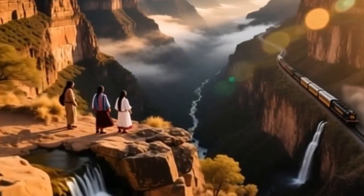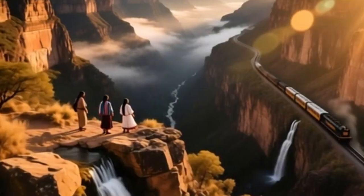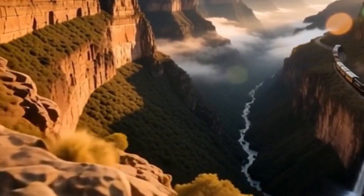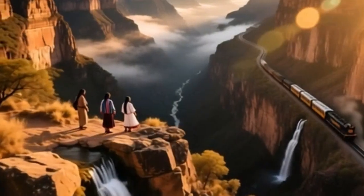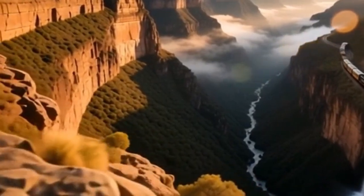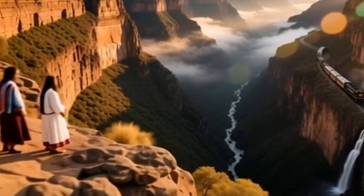This is home to the Raramuri people, known for their legendary long-distance running. For centuries, they've lived in harmony with the land, traversing steep cliffs and rugged terrain with a grace and endurance that seems almost superhuman. Their villages are tucked into hidden valleys and cliff faces, adding a cultural richness to the